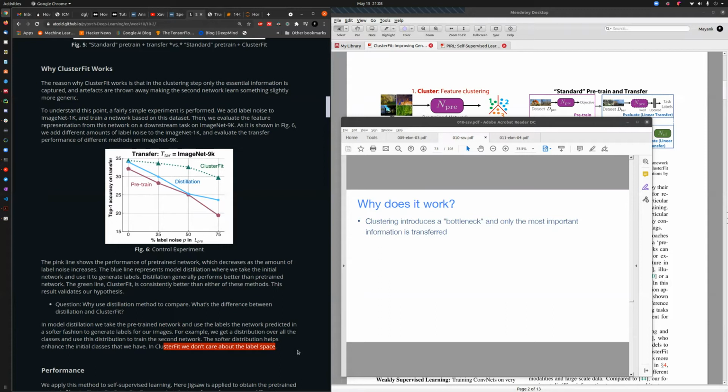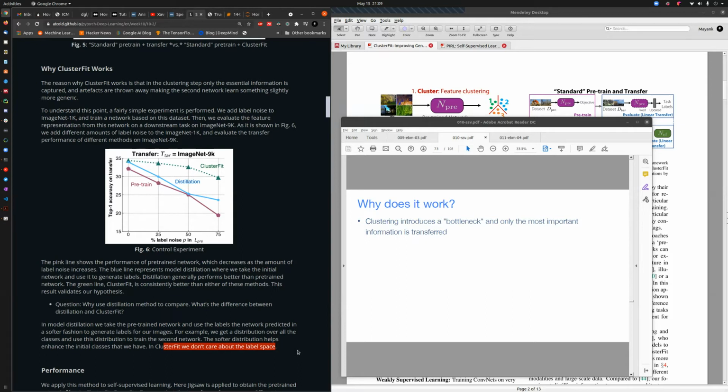But in model distillation, you use the labels of the network to predict, just in a softer fashion, to generate the images. But the problem here is there might be too much